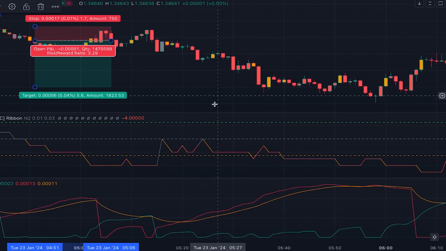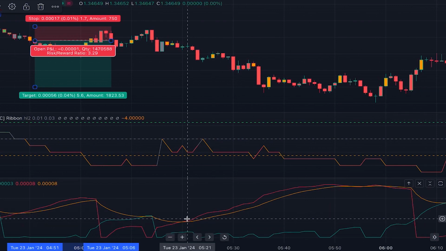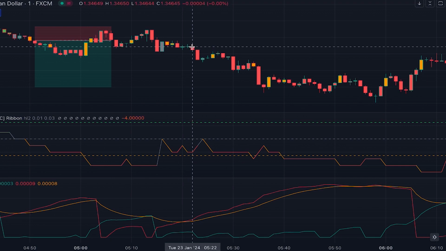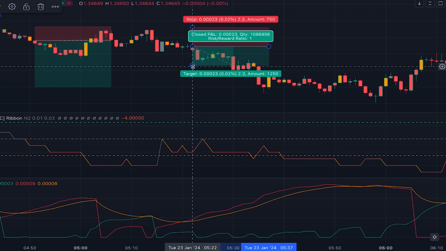And here we have another short position signal at this point. Here in this indicator, the line is below the center line, so the short position signal is confirmed and we can enter another short position here at this point where this new candle is opened, and this is also a profitable trade,